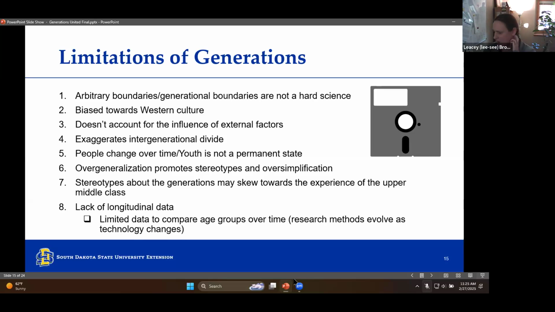The reason I point this out, this is a 5.5 floppy. This technology came out in the early 80s, I believe. My colleague who just started this year is a 2000 Gen Z. He remembers using these in high school. You've got to think, a 24-year-old remembers using them, but yeah, you're Gen X, so it makes sense that you would remember using those floppies. But think about a 24-year-old Gen Z who grew up in rural South Dakota where they didn't have the funds to update to the latest and greatest technology every time something advanced. They used these 5.5 floppies up until this young man was in high school, which would have been less than